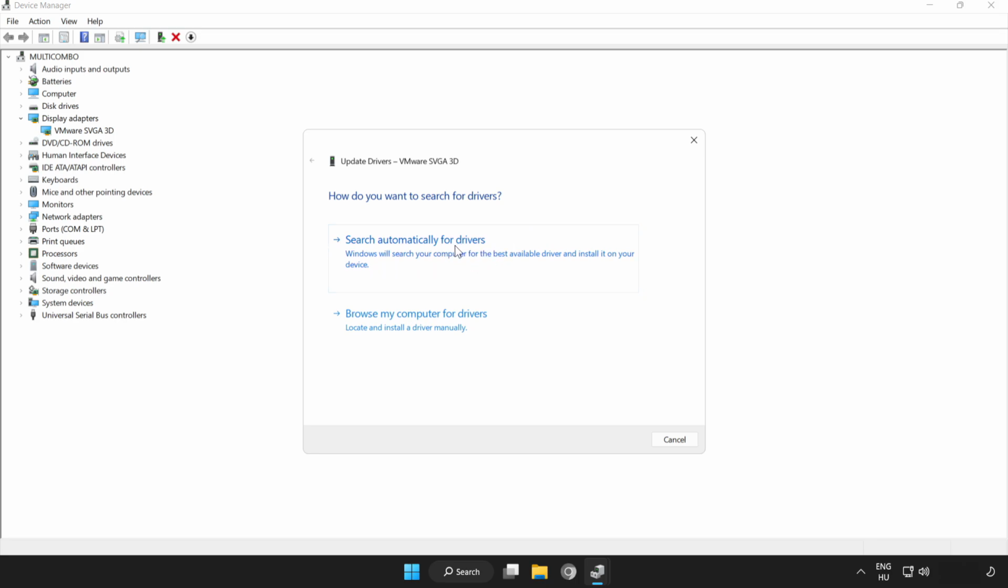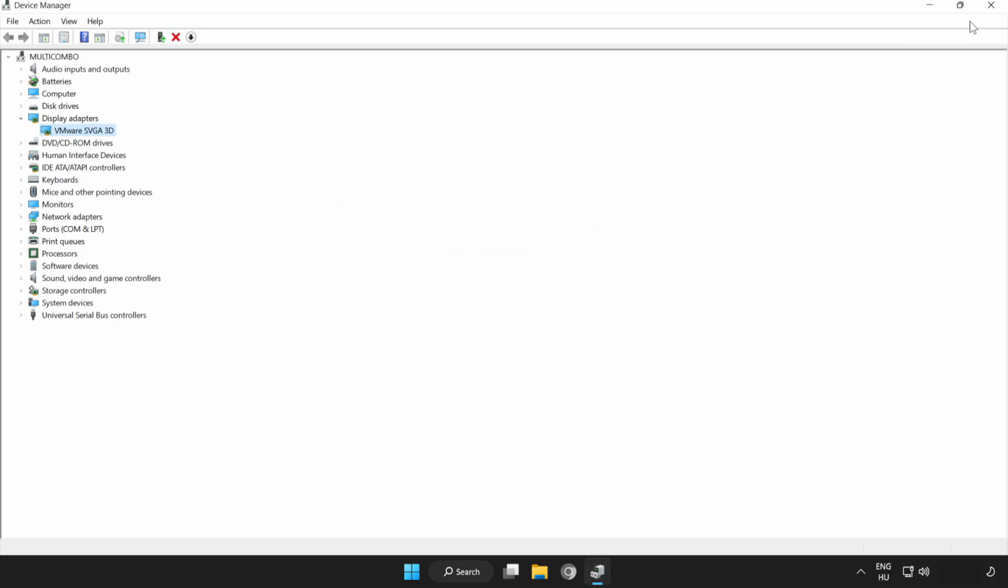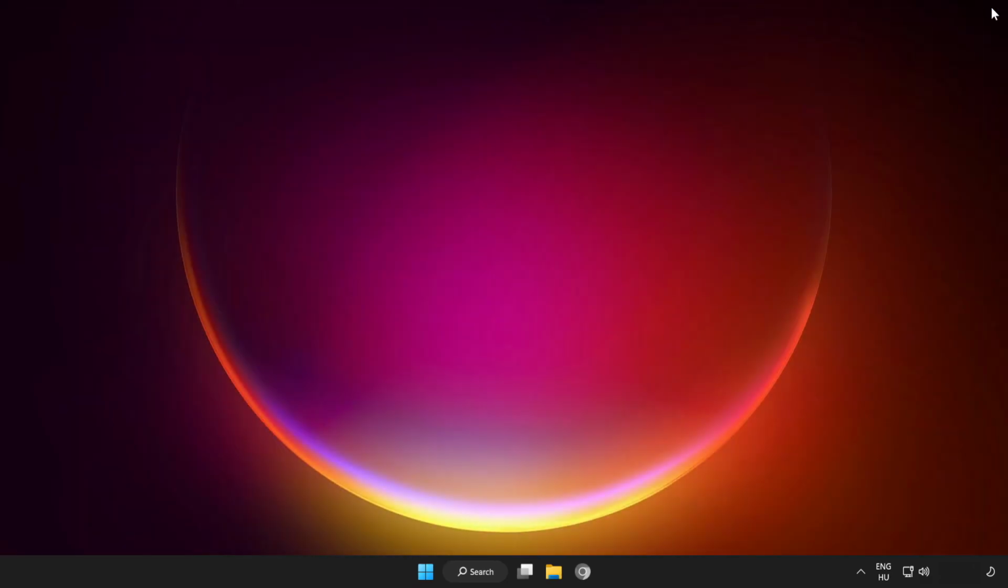Search automatically for drivers. Wait. Installation complete and click Close. Close window. If that didn't work,